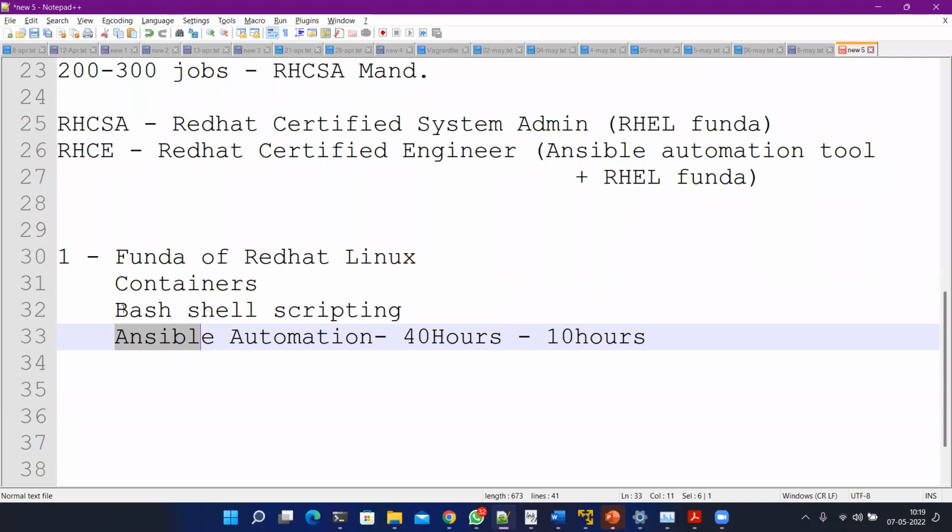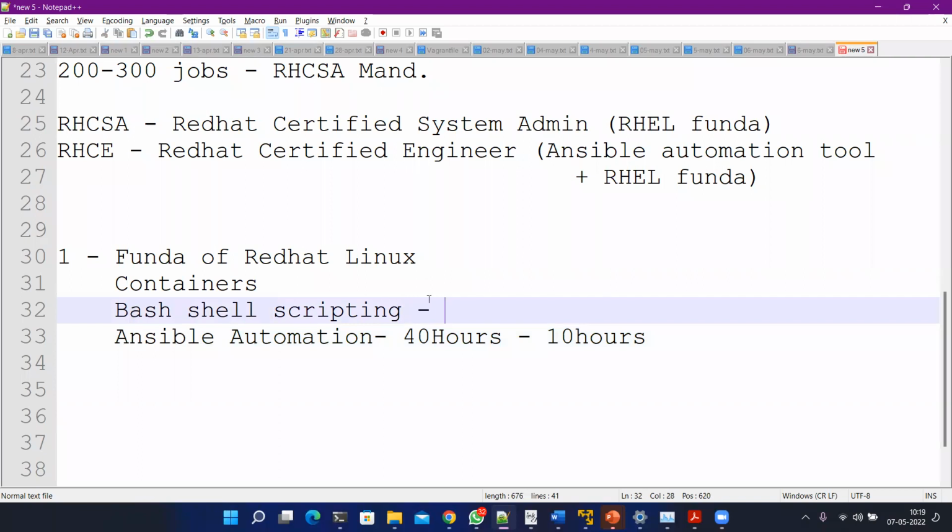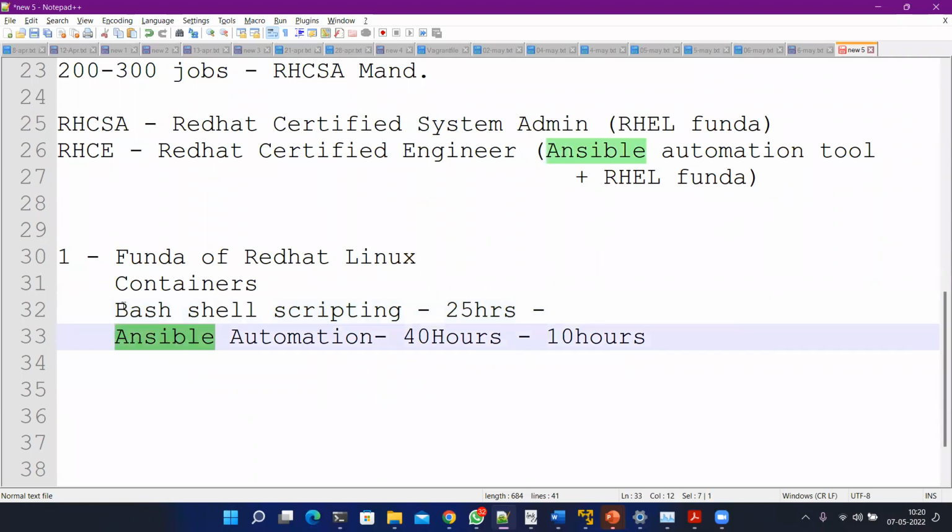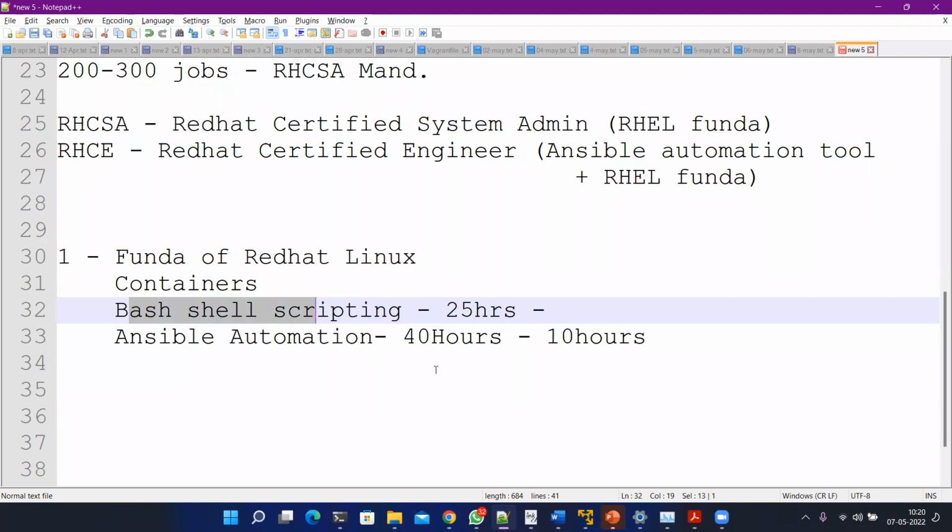And bash shell scripting is again a kind of programming, not the complete one, because the complete course is again 20 to 25 hours. I will teach you more than enough, so that you can understand what is going on in a shell script. Ultimately you will be working in a company, in a team. Maybe some of your colleagues have created a shell script to automate some task in Linux. A shell script is also a kind of programming tool used to automate tasks. Ansible is very easy. Shell scripting requires coding knowledge, programming knowledge, but still I will teach you how to do it in an easier way.